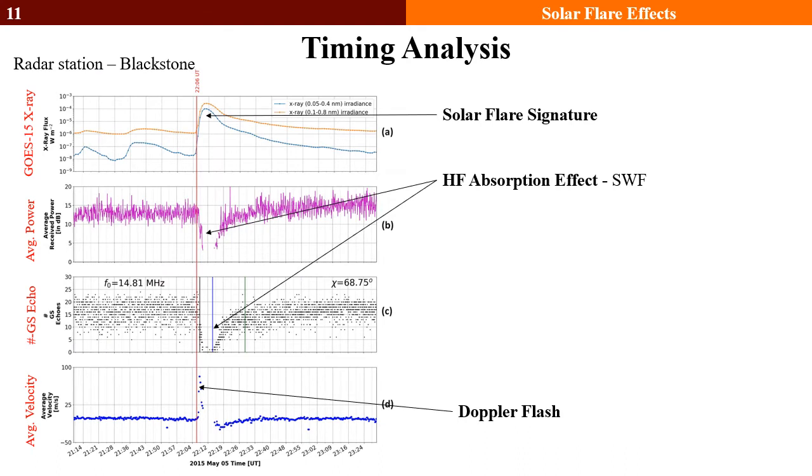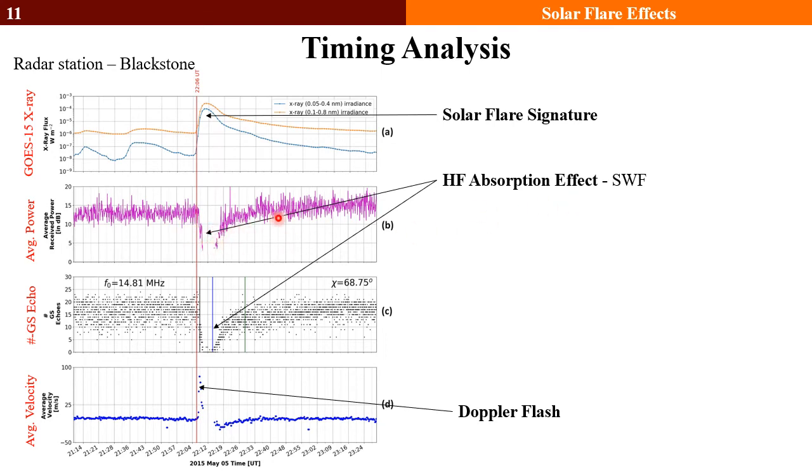So we did the timing analysis for this particular event for the Blackstone radar. The top panel shows the GOES X-ray, the second panel shows the average power, the third panel shows the number of ground scatter echoes detected by the Blackstone radar, and the last panel shows the average Doppler velocity. The jump on the very first panel is the signature of the solar flare detected by the GOES X-ray sensors, and similarly on the second panel, the bite-out in the average background power